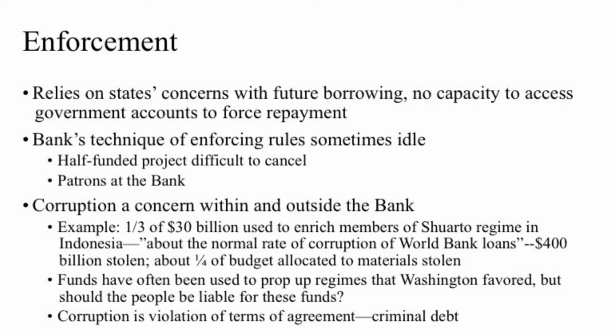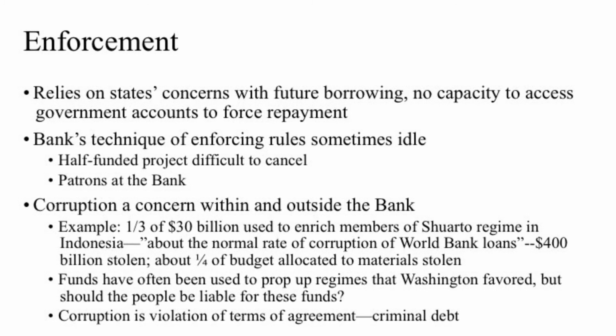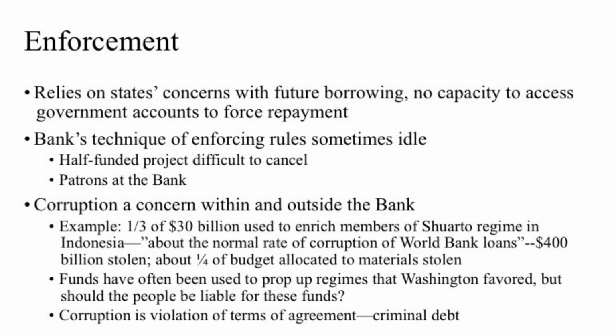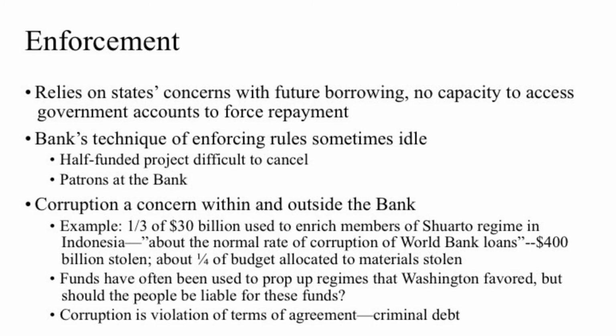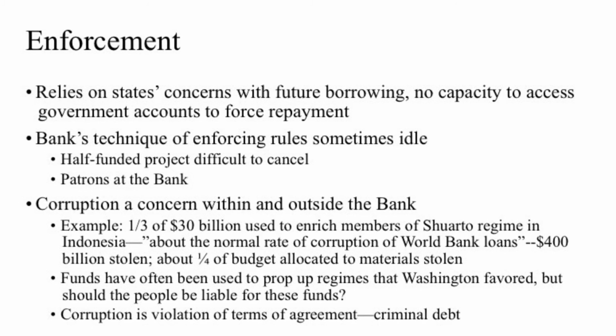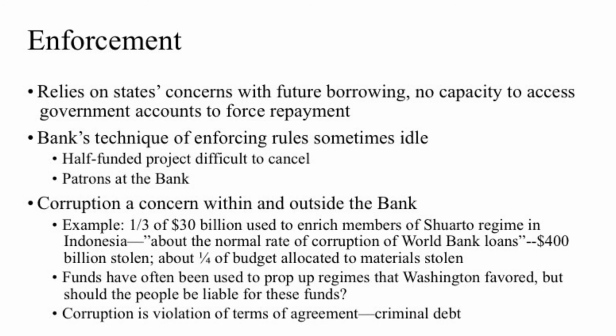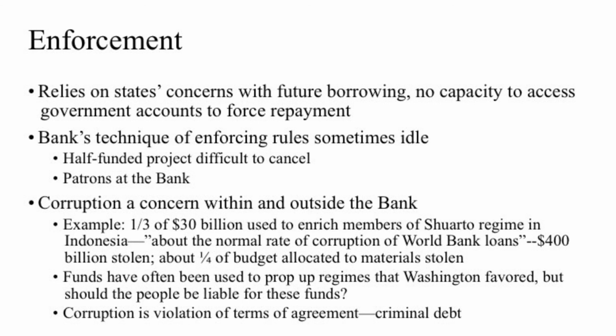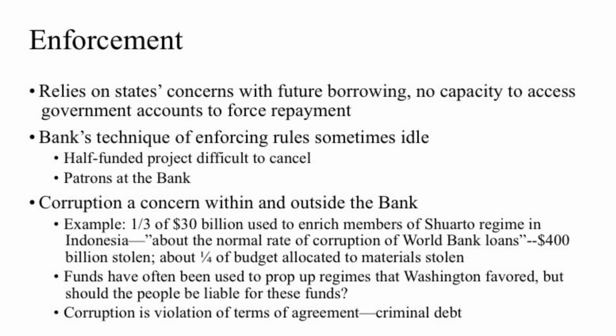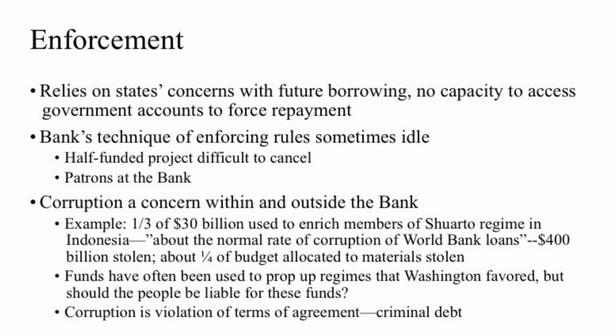By one estimate, about 10 billion of missing money lost in Indonesian loans was stolen with the full knowledge of the bank, largely because the bank was directed by the U.S. to continue lending to the Suharto government despite these losses. This reflects in part the way the bank has been used during the Cold War as well as after as an instrument to sustain governments which Washington favored.